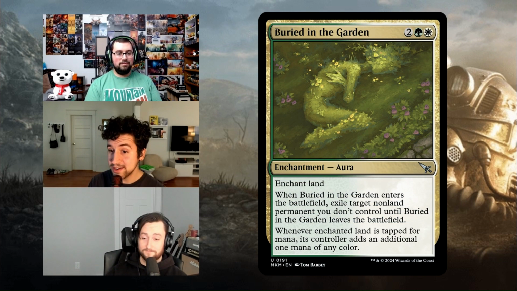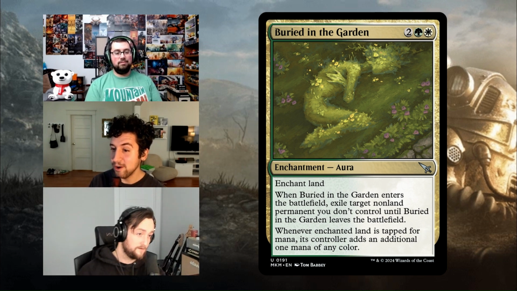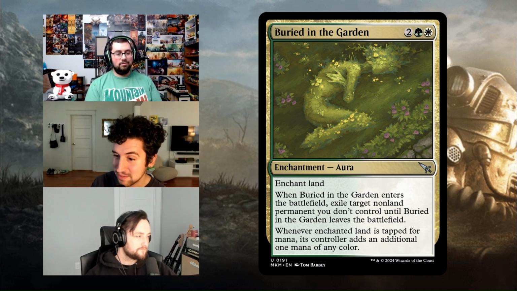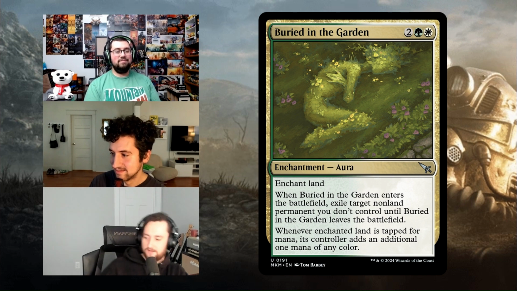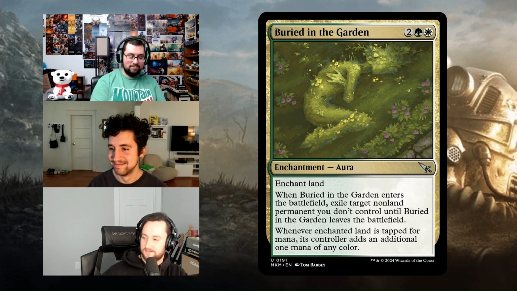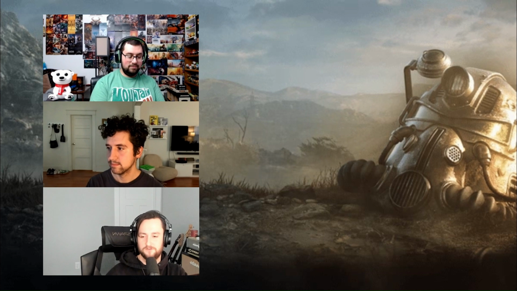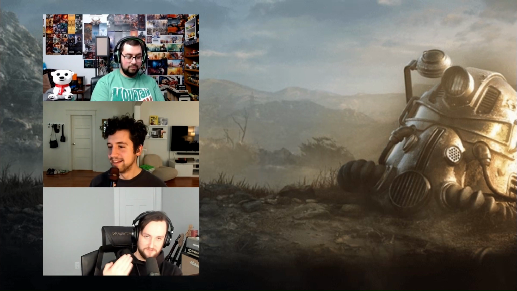Ooh, or Buried in the Garden. Not familiar with that. 2 green white for an aura. You enchant a land. It makes the land tap for an additional mana and an Oblivion Rings something. Oh, sick. Yeah, that's amazing. So for this slot, there are so many cards that exist that are better than Chaos Warp here. Chaos Warp is only good when you don't have access to better colors and better removal